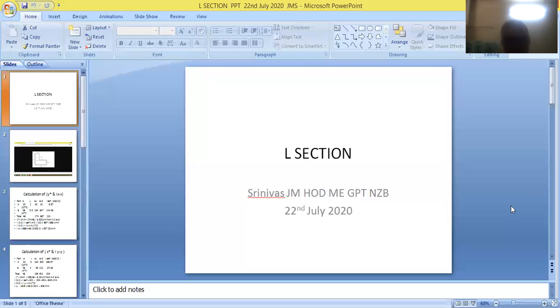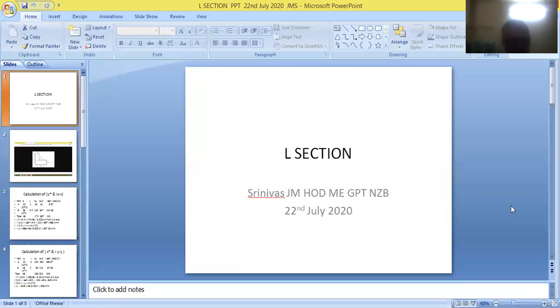In some problems only the first question will be given, that is the measurement of Ixx. In other problems the second question will be given, the measurement of Iyy. In some problems two questions will be given. Then we have to measure the values of Ixx, and also the values of Iyy. So friends, these are the questions to be answered for these problems.